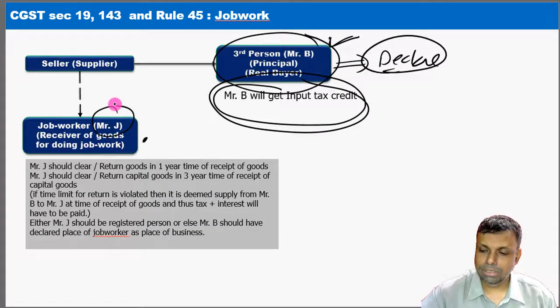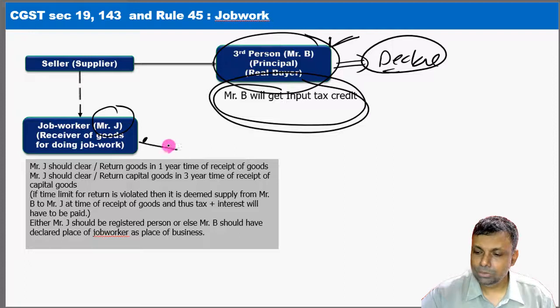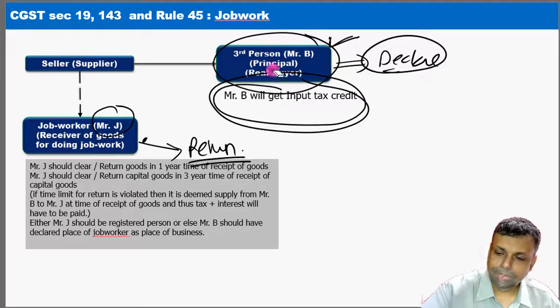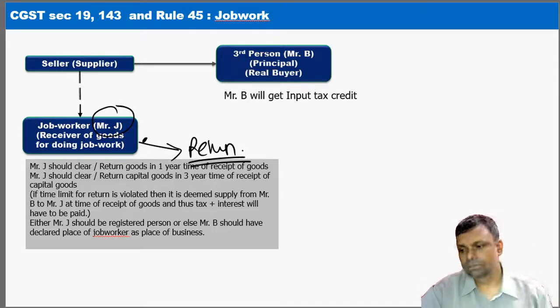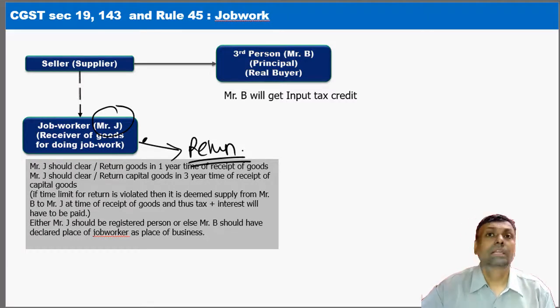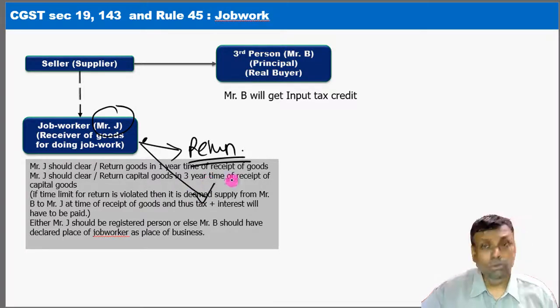Now this Mr. Job worker will finish his job work. After the job worker finishes his work on that particular goods, he has to return the goods. Now there are two situations. He will return the goods either back to the buyer. So Mr. Buyer will say that, okay, now your work is already over, you send the goods to me and to my address. Then the goods will move. So again, the job worker will move the goods. Again, this movement of the goods is also permitted. He will move the goods upon the direction of the buyer, that, okay, my job work is already over, your value addition is already done, and I send the goods to this particular place. Or it can be given to someone else.